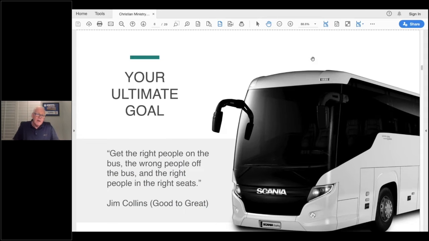I should say that the right people on the bus, that's part of what we're going to talk about, and give you some tools to decide who are the right people for you. If it's a small or a startup ministry, then the right people are probably ones that are going to have to roll up their sleeves and help. It'd be a working board, an operational board. If you're bigger and you've got staff to work on a lot of the day-to-day things, then maybe it's just a pure governance board only. So you want to make sure you're recruiting the right people for where your ministry is at in its life cycle.